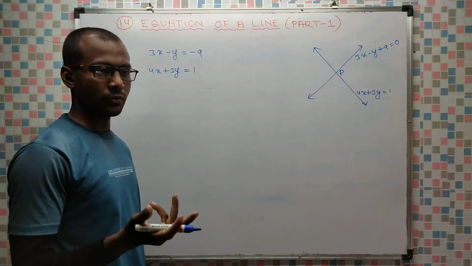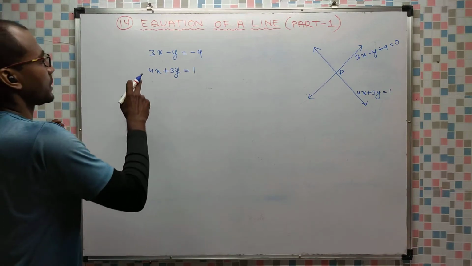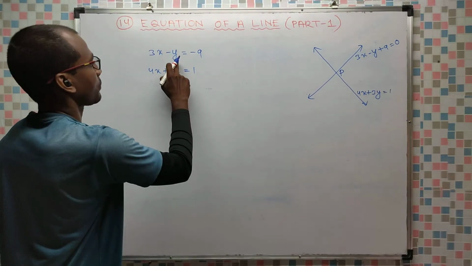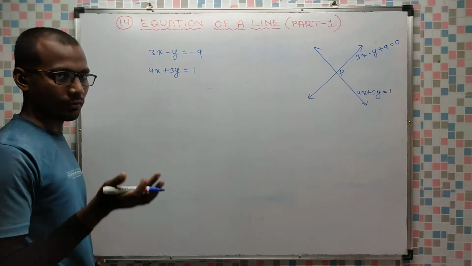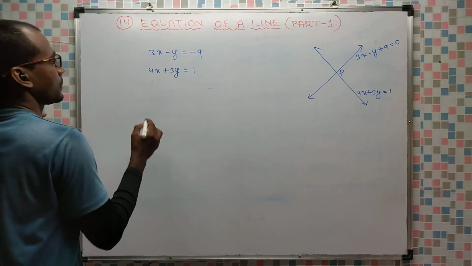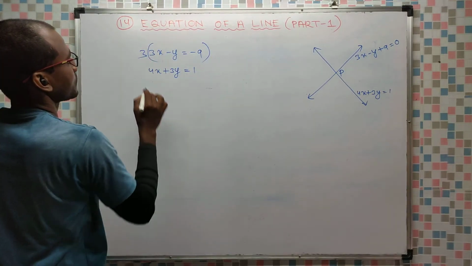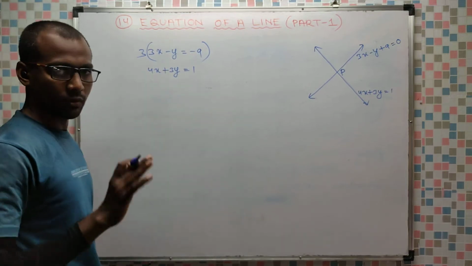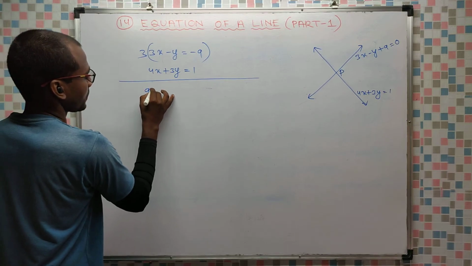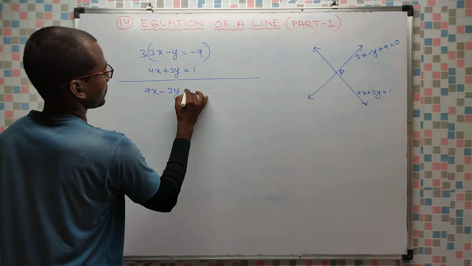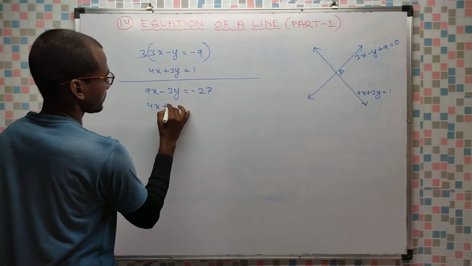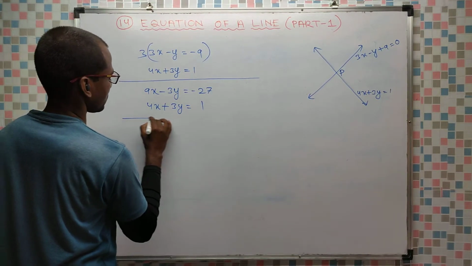So in the elimination method, what we do, we equate the coefficients. Here the coefficient is 3, here is 4, means coefficients of x. If you go for y, coefficients of y are minus 1 and plus 3. So let us target y. You can target any one, x or y. I am targeting y. So here I will multiply by 3 so that I will get 3y. Here already I have 3y, so no need to change this. The first equation will become 9x minus 3y is equal to minus 27. The second equation is as it is, no change, no modification.